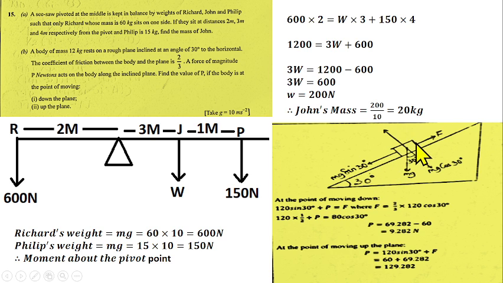So if the body is going to move up, that will be the force on the horizontal plane plus the reaction of the body. The force on the horizontal plane is 120 sine 30, plus the reaction of the body, 69.282 that we got from here. So that should be 60 plus 69.282, and that should give us 129.282 Newton as the value of P for that question number